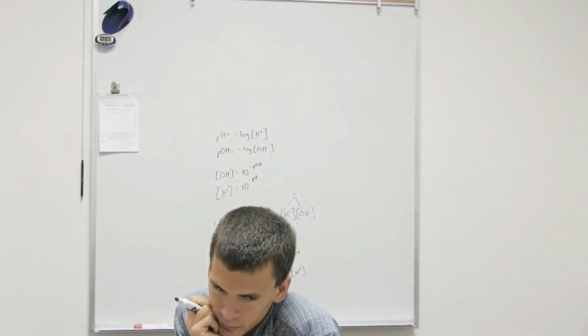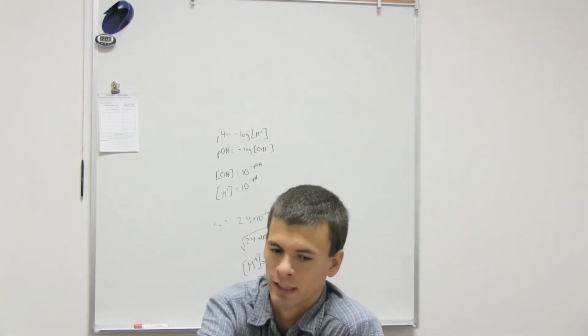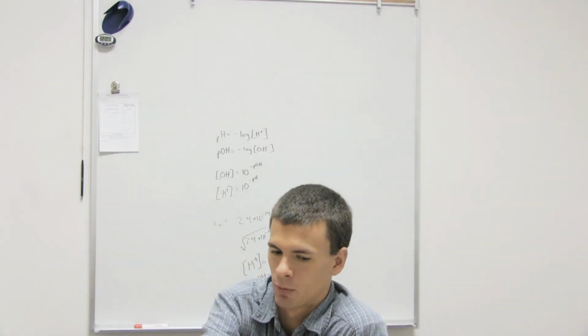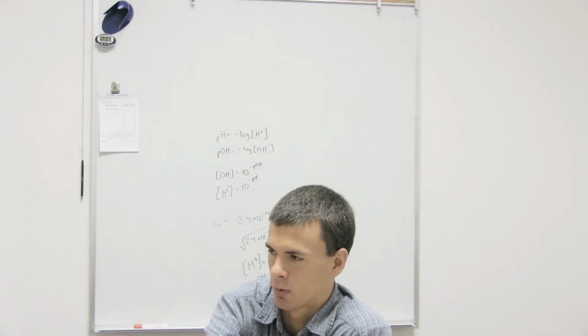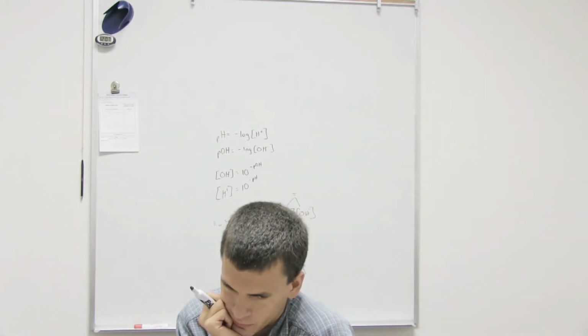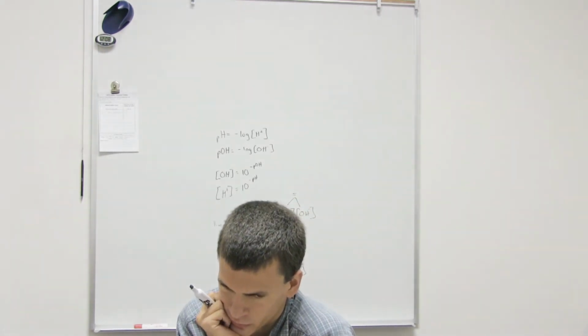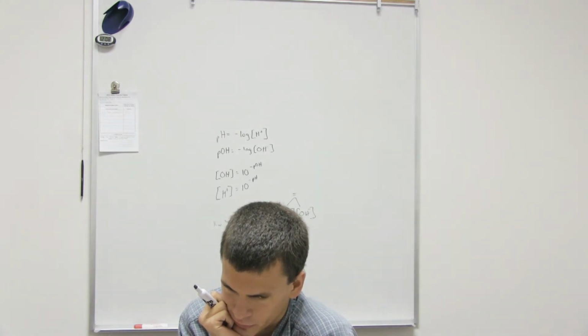Okay. So at 0 degrees, 7 would be neutral, and that would be like 7.02. Okay. All right. Getting more in depth to